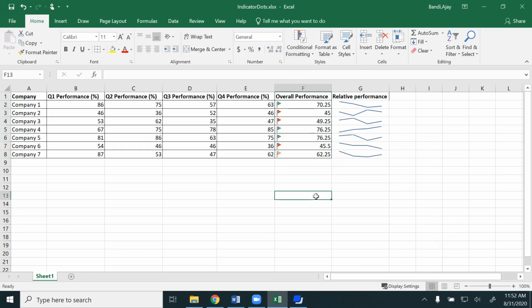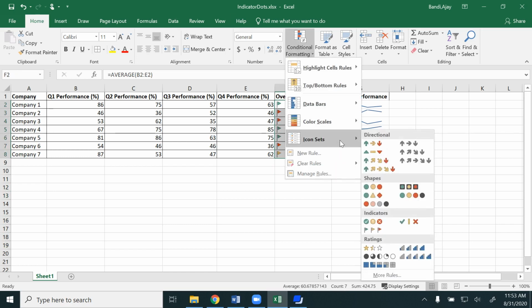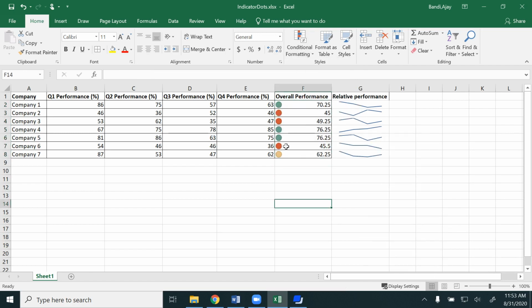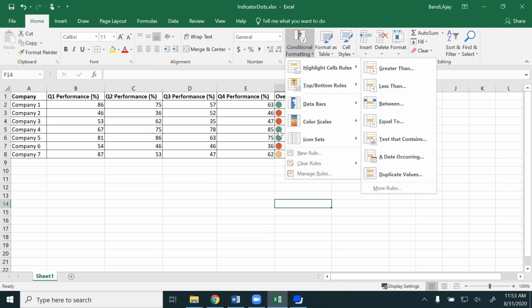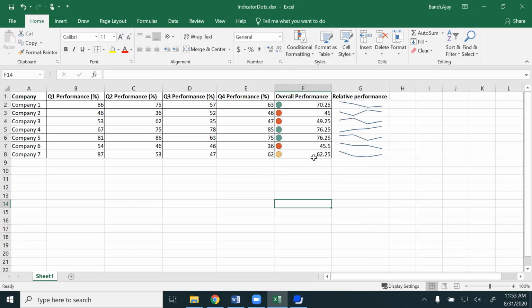this one. So let me use some flags here that show a couple of red flags and a couple of green flags. And if you want to change those indicator dots from the icon sets to plus or just the dots, it just gives you how it is performing. So you get a comparison between other values of the particular column. In the conditional formatting, we have other different things that we will be using in later videos.